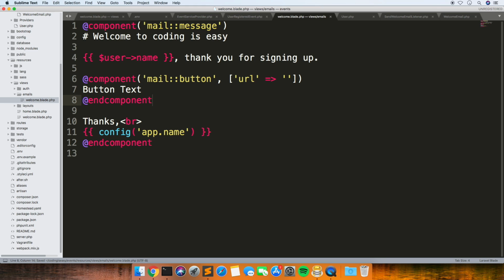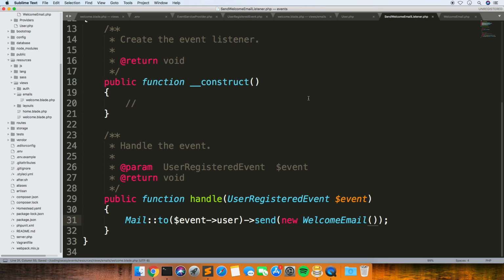I think there's one last thing we need to do, which is in the listener. We just need to send the user here. So if we do event user, because it's just the same as what we had here, and this is how you access the model in a listener. It'll just be event and then whatever your model is. So event order or event user. And then I think that's it pretty much.